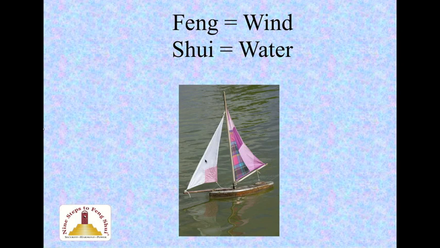So Feng Shui would be the sails in the sailboat. If you have learned to use the sails in a sailboat, then you are able to direct your boat, your life, the life that is symbolically represented by this boat. Even when the wind is going in the direction opposite to what you want, with a good sail system and enough knowledge of sailing, you can make that boat go in the direction that you want to go.